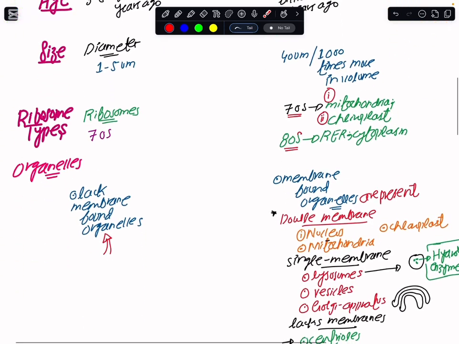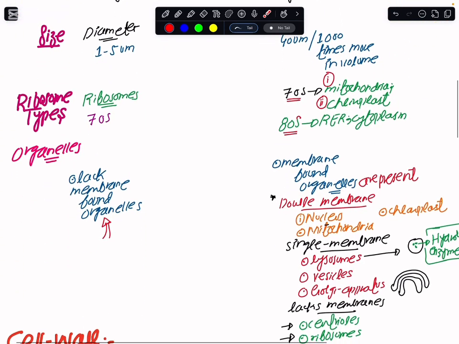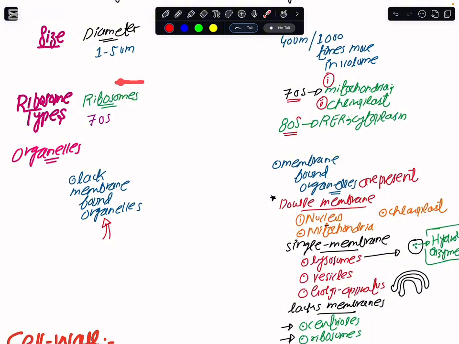And if we look at the differences in terms of the ribosomes, the bacteria strictly have the smaller 70S ribosomes. But when we talk about eukaryotic cells, the mitochondria and the chloroplast, whatever the organism has them, would have 70S ribosomes. Along with that, the ribosomes attached to the rough endoplasmic reticulum and in the cytoplasm are the bigger ribosomes, the 80S ribosomes.